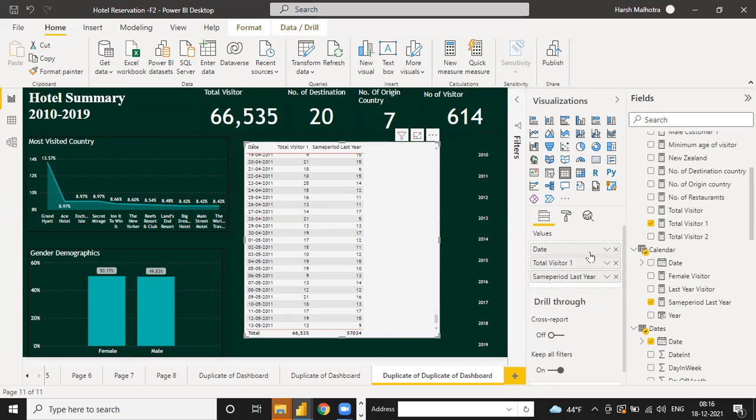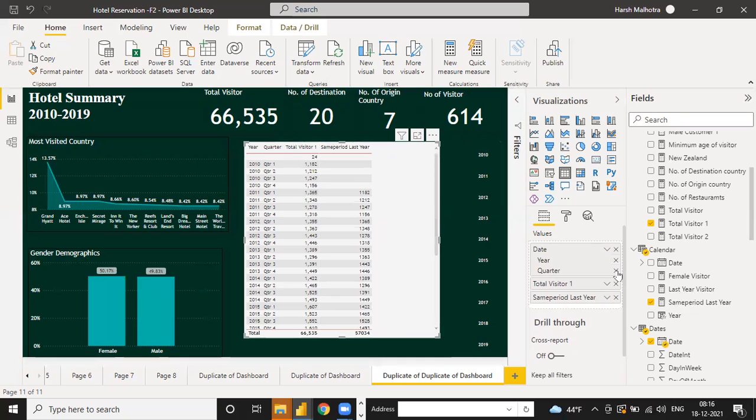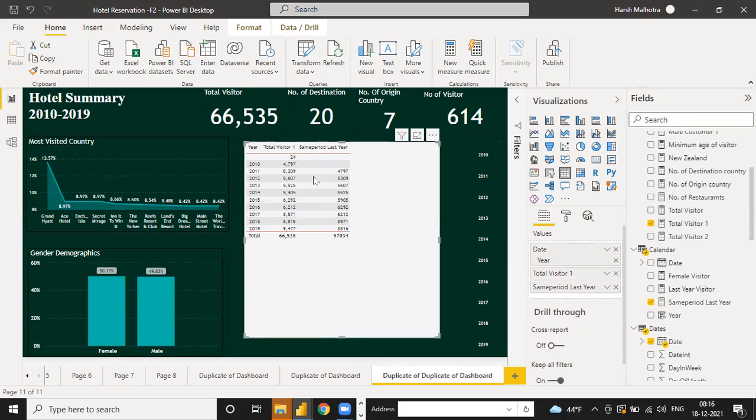If I check this, go to this date and using date hierarchy, if I unselect the day, month also I don't want, quarter also, if I use only year, so see, the year value is last year 2010. And for the year 2019 you have only the 2018 value, and the difference of this is 9477, which is 2019 data. If your calendar table has a 2020 value, it will automatically take 2020 as current year and this value into last year. So this is the correct one.